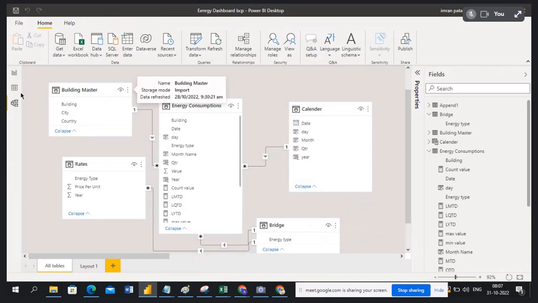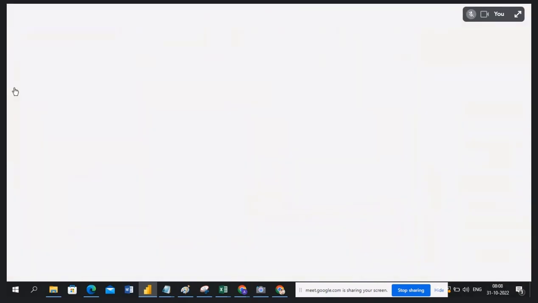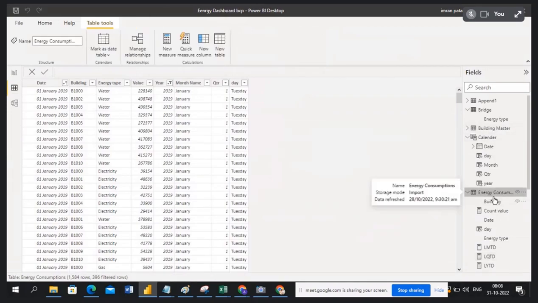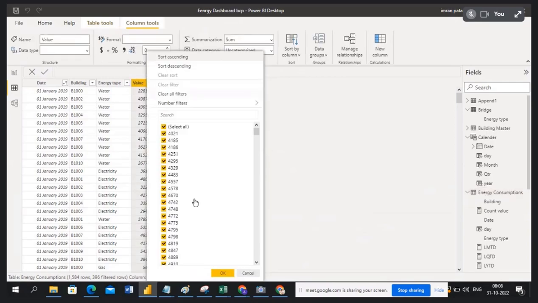Okay, remember these three. Now I'm going to the Data View. So there is an energy consumption table. This energy consumption table I have, and in it I have some values. So if you see the values here, I have 4,000,